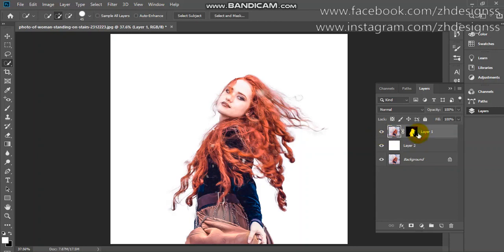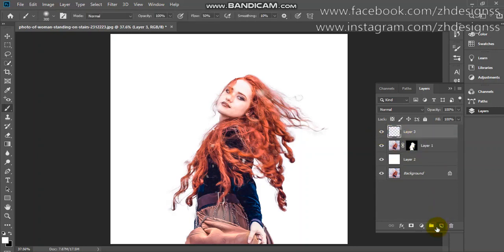You can simply add a new layer, choose your Brush tool, and using the Eyedropper tool, the shortcut is I, take the color of your hair and apply it with the brush. Then create a clipping mask by pressing Alt or Option. Here is before and here is after. It was very simple to take the selection. You just need to refine the edges in the Select and Mask tool.